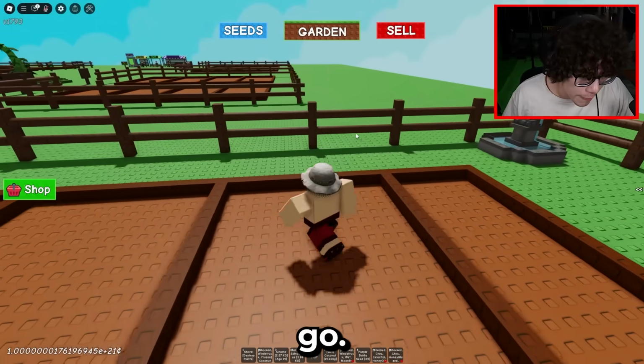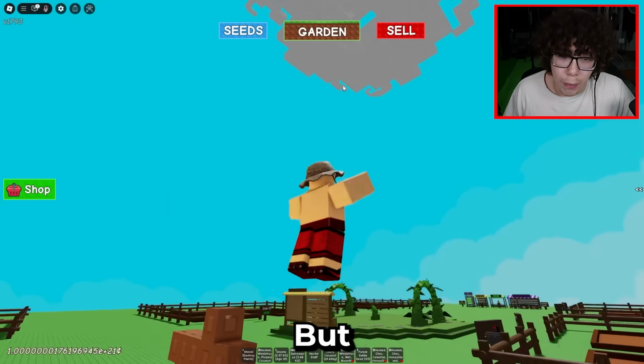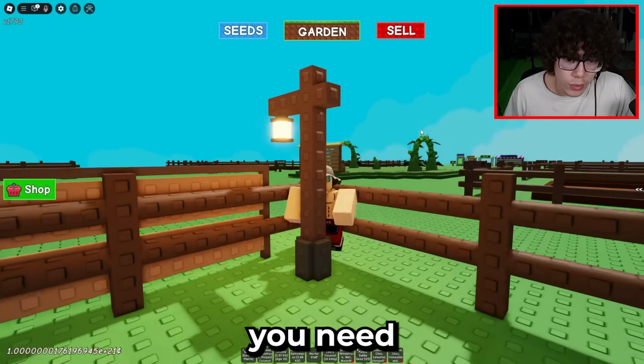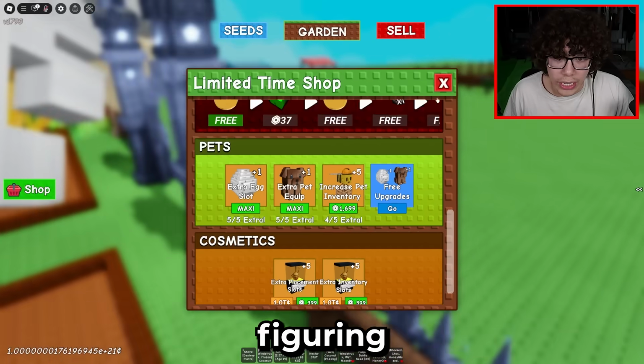Let's go. All right, guys, first things first. You can get your beanstalk up. We're gonna go up there later in this video and I'm gonna show you, but if you can't cook, then there's literally no point to go up there yet because you need to give the giant cooked food to actually max out his level. So the first thing we're gonna go over is actually figuring out how to cook,